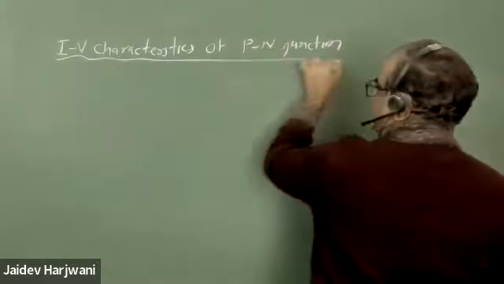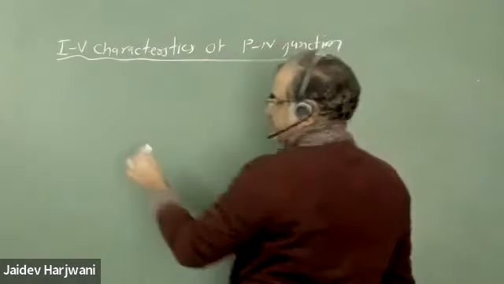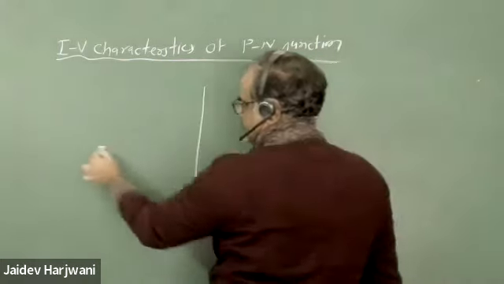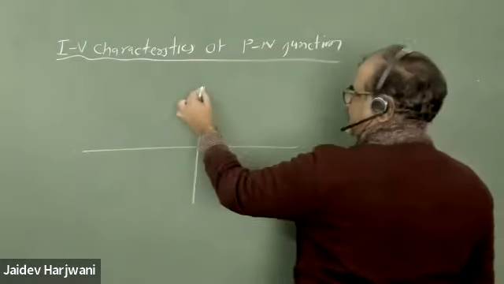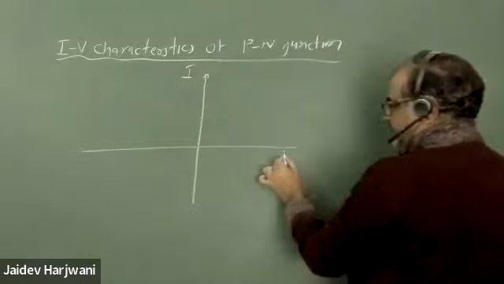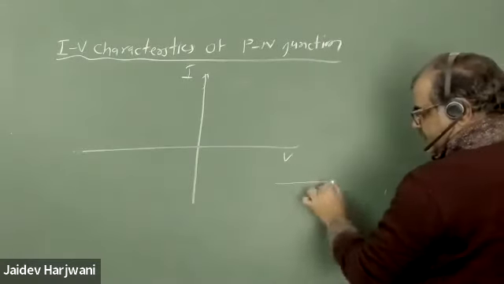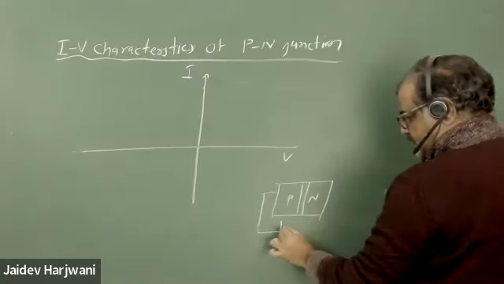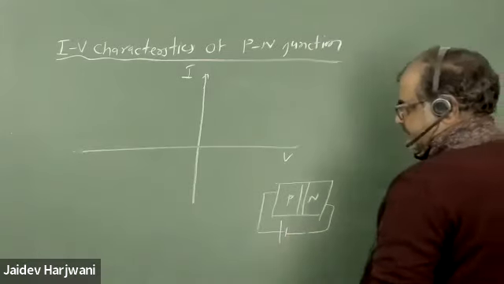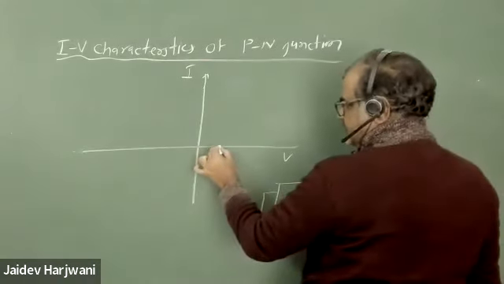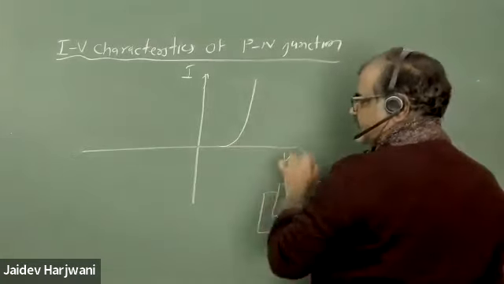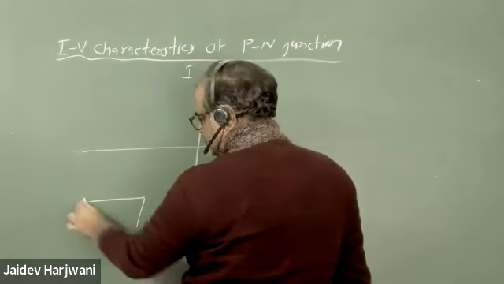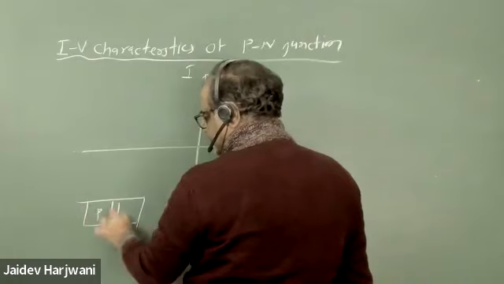So, IV characteristics of the PN junction. Whenever you apply a forward bias to a PN junction, you have this PN junction, you are measuring I, you are applying voltage. So when you apply a forward bias to the PN junction, what will happen? You will get current. And you know this current depends exponentially on voltage. Similarly, if you plot a curve on reverse bias, if you apply a reverse bias on the PN junction,